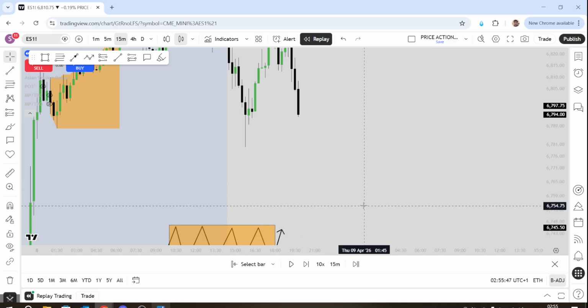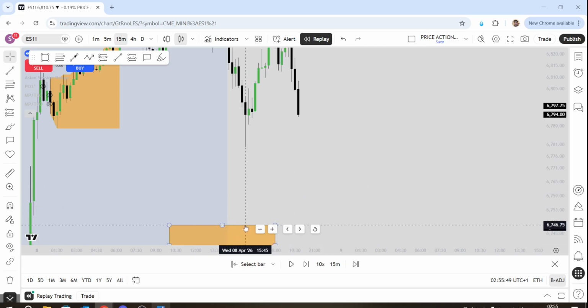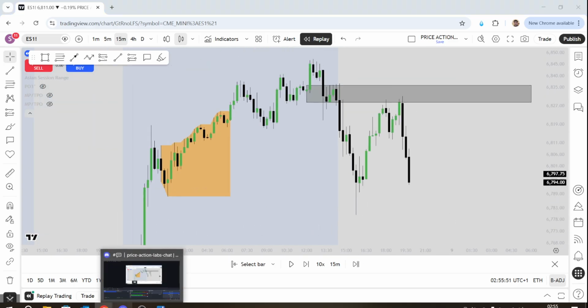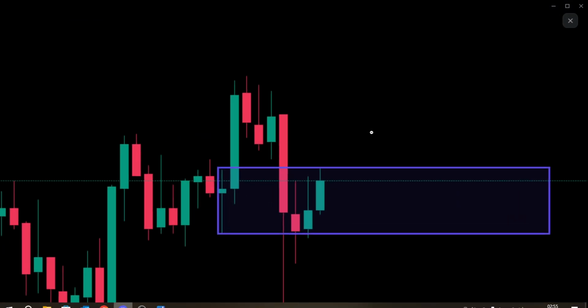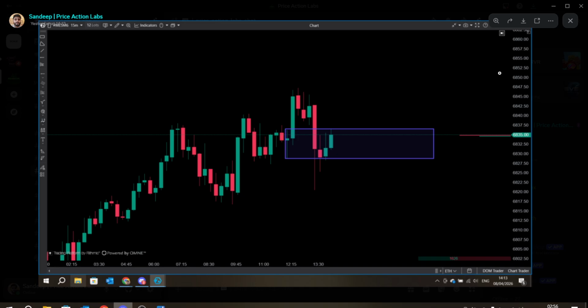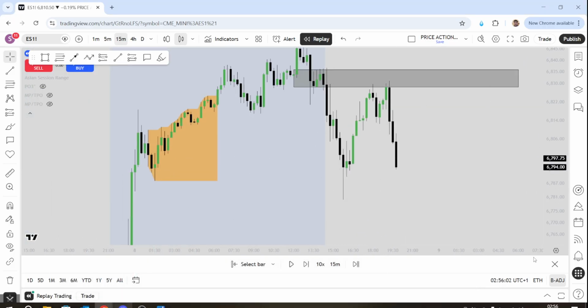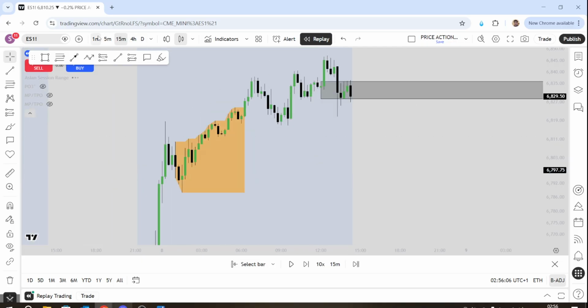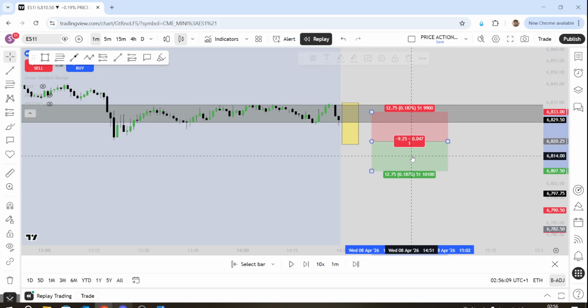So going into the actual session, what was my pre-market plan? My pre-market plan involved this level over here, right? So we could either break above or break below. And so my bias was a break below, and that was to, like I said, target the Asian range low, right? That's basically the entire setup. So we're going to be breaking that down